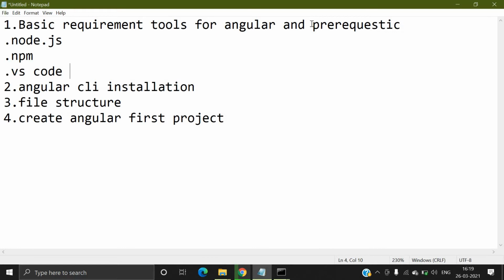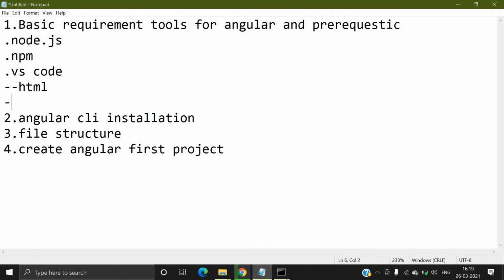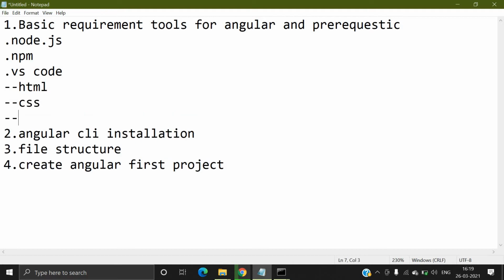So what are the prerequisites of Angular? Before you start the Angular tutorial, you must have a basic understanding of HTML, basic understanding of CSS, and basic understanding of TypeScript, because Angular is totally based on TypeScript.